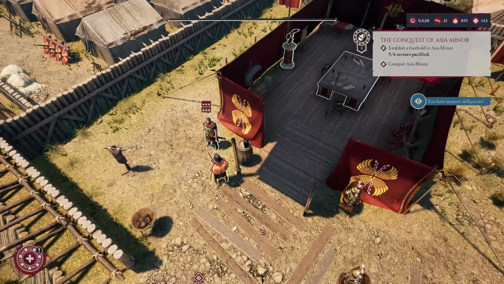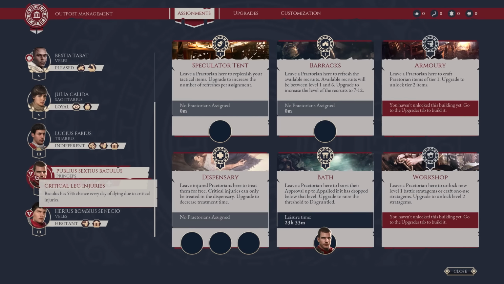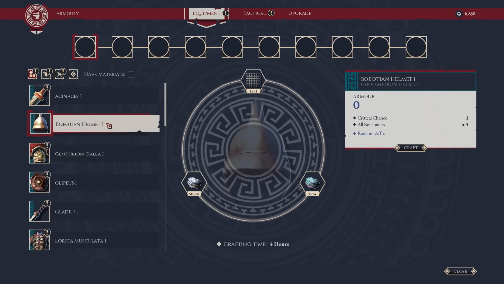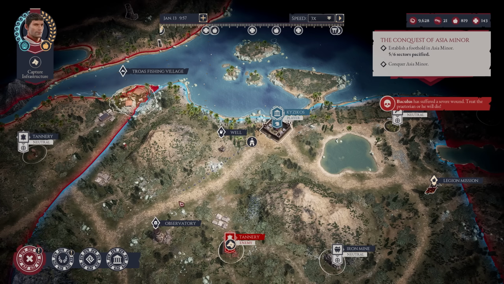Your war camp serves as your HQ for all your operations, and as you upgrade it and assign centurions and troops to various tasks, you'll be able to invest in crafting your own gear, upgrading troop morale, healing badly injured party members, and other broad strokes activities that provide various benefits in tactical battles, as well as the larger scale